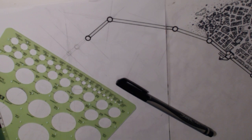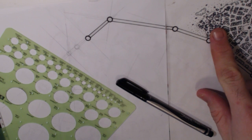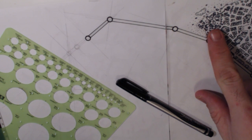Now clearly there's some buildings. Whoops. There's some buildings over here that are about